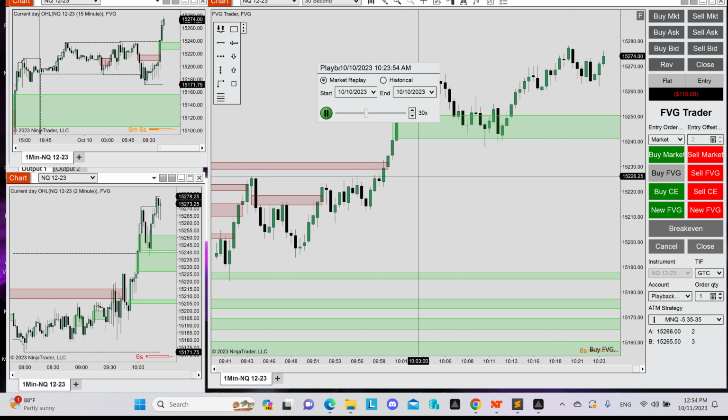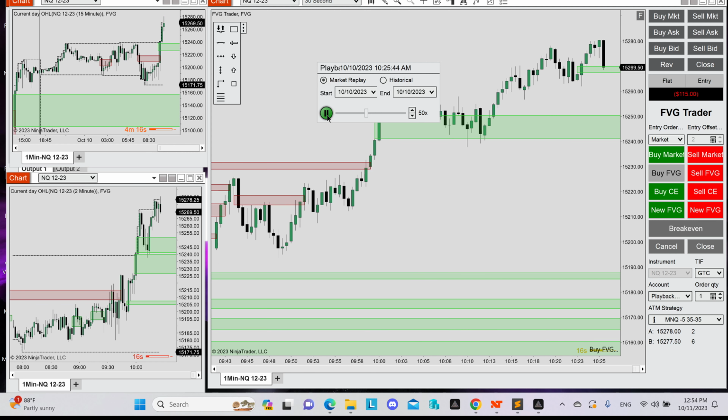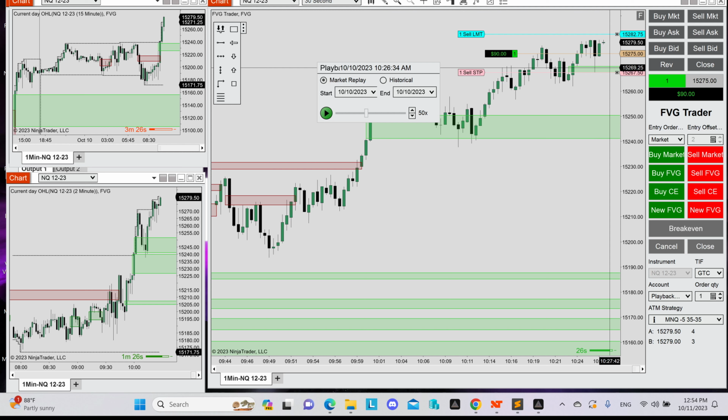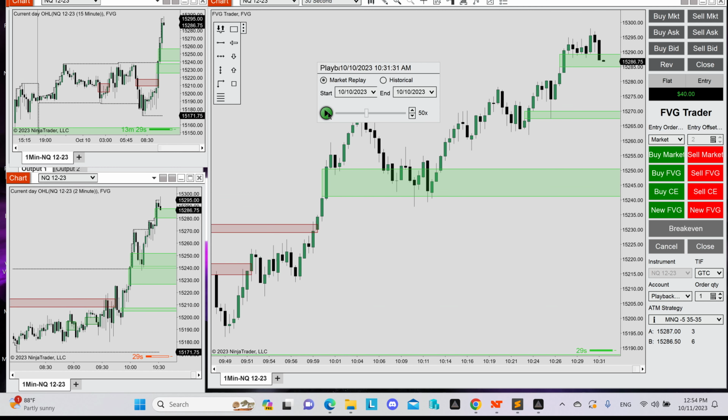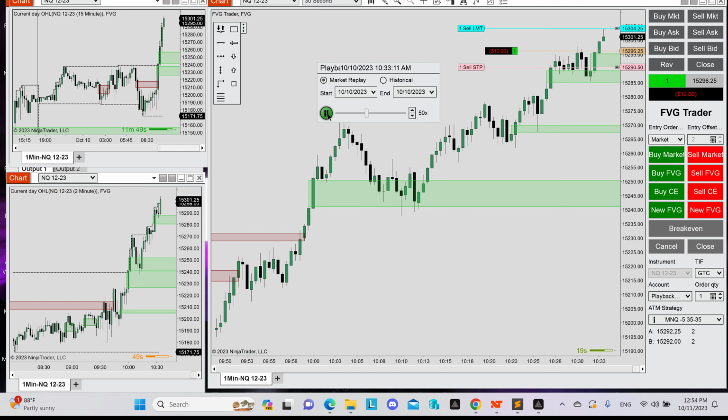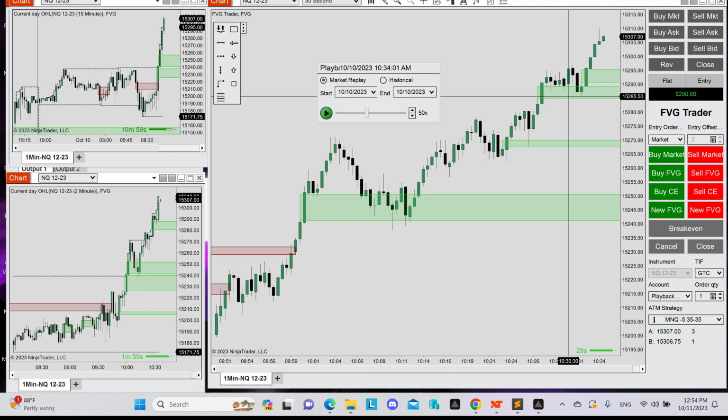And so let's speed it up. See, it was a really, right there. Let's put another one. Now, so I hope you see how it works. Now, the buy consequent encroachment is a midline between this upper and lower level. So let's say,